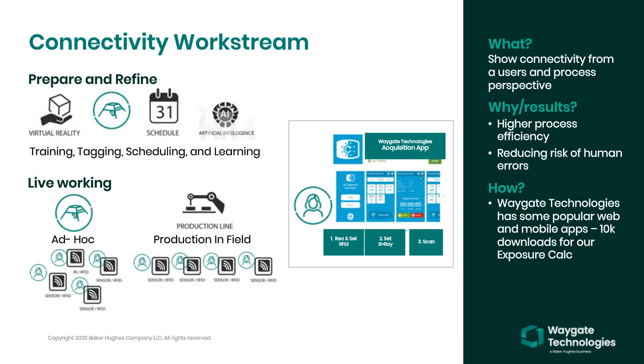Now, on the right, you see an example of an app that might be helping you to work both on a smartphone, or it could be a tablet or other kind of interface, a speech interface or what have you. But we do have a very popular mobile app that's an example, and overall the benefit of this futuristic work stream is reduction in human errors and, again, process efficiency. So that's the summary there of the connected work stream.